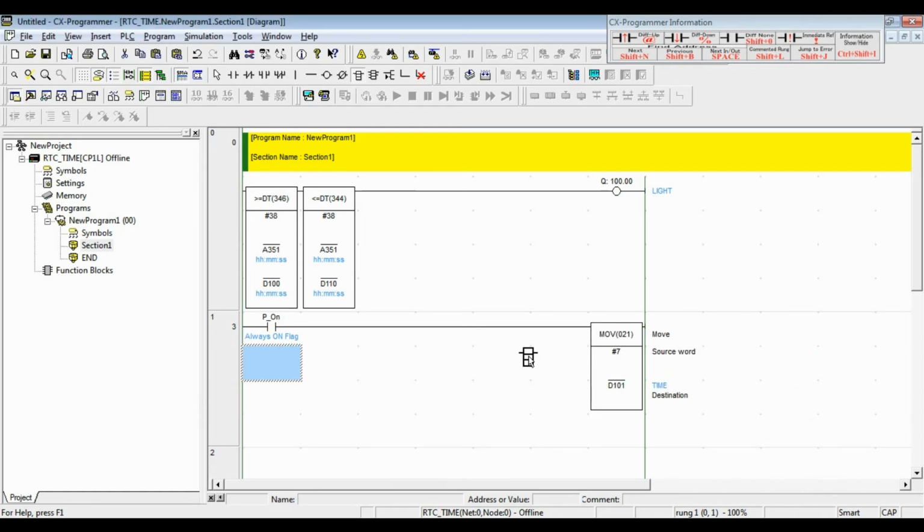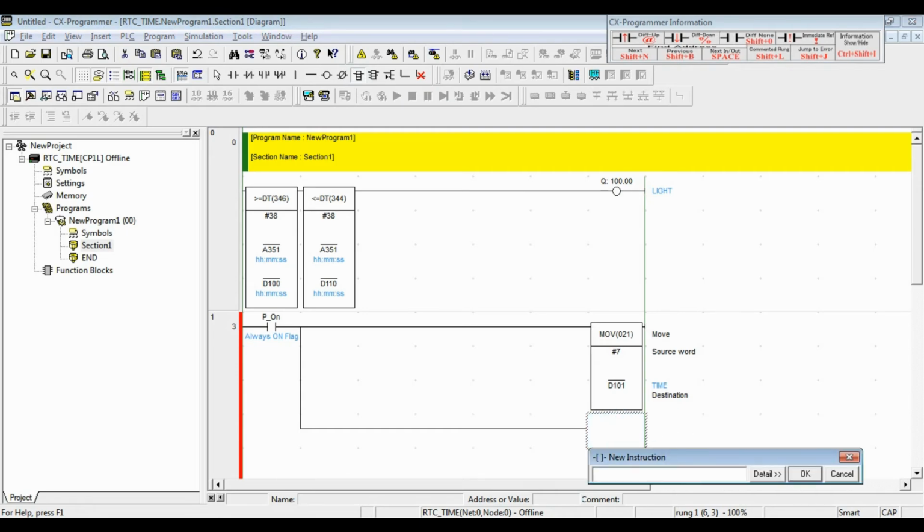Okay, next I'm going to create the second move instruction. I click vertical line, I put it here, and then I get a horizontal line, I put it here and then connect to the right side. Then I get a new PLC instruction. I click and I put it here.